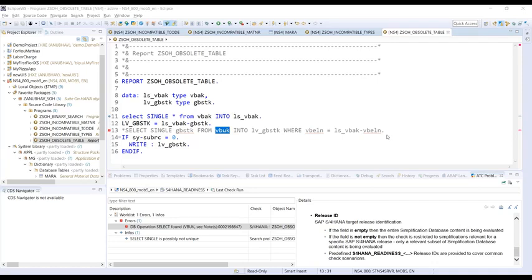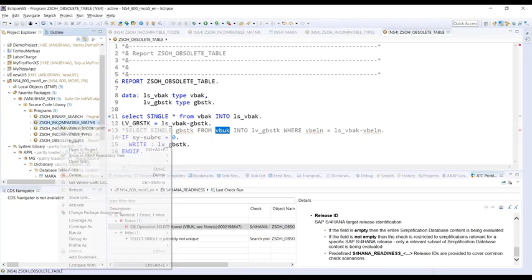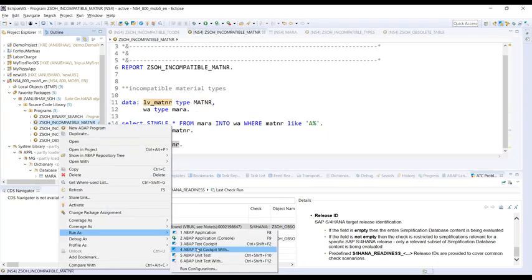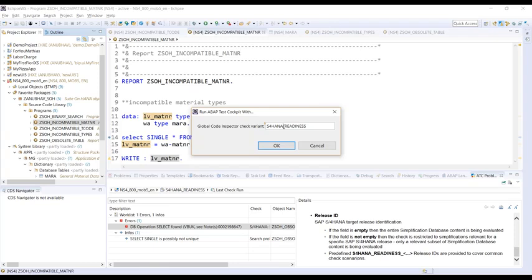Okay, let me directly move to the last set of questions. Do these syntax checks need to be done only for S4 HANA, or for both Suite on HANA 2? Again, I repeat, only for S4 HANA, guys. Look at your variant name. Let me show you again. Run as with variant. Can you see here Suite on HANA?